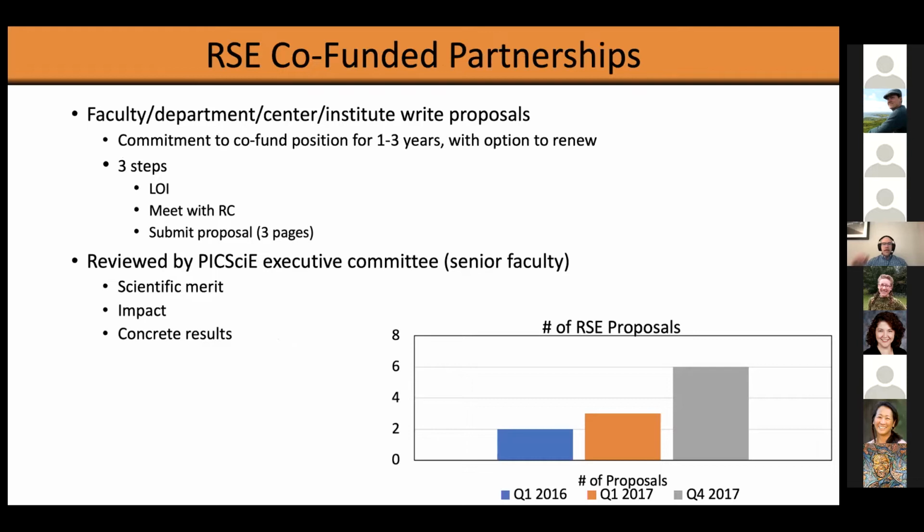So to answer some of these questions, remember this was going to be co-funded, and the idea here being that we needed to find a partner. And we're going to call them partners in this context. Could be an individual faculty member, a group of researchers, a whole academic department. There are a lot of centers at Princeton. There's lots of institutes at Princeton. It could be something at that level. These are sort of higher super department